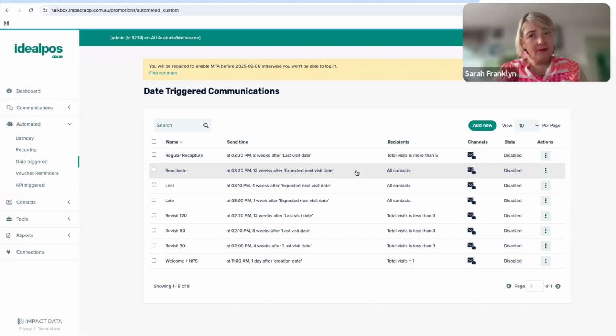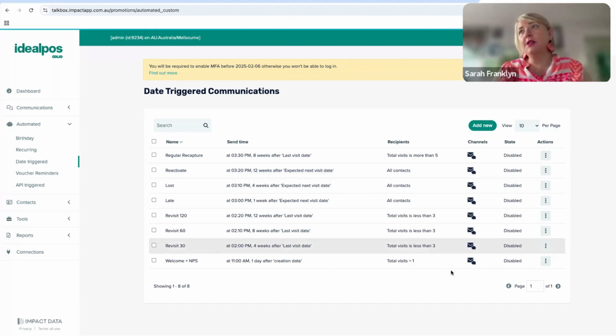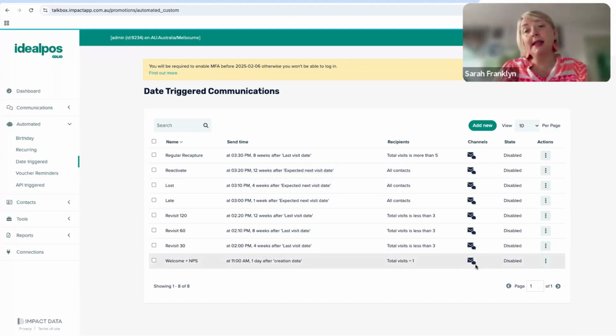We'll keep going. The important part about TalkBox, as you can see here, you can see a little envelope and a SMS message. We can send the communications via mobile and email, which means that we get 100% of the reach and that we're reaching the customer in the channel that they want to be receiving information from you. Because it's not always obvious which one. They'll unsubscribe if they don't want to receive it in a particular channel, or they might engage with one channel